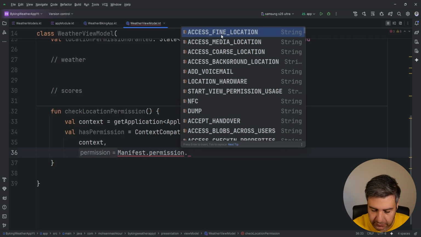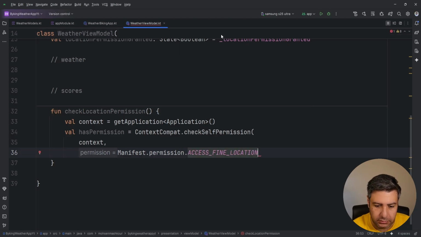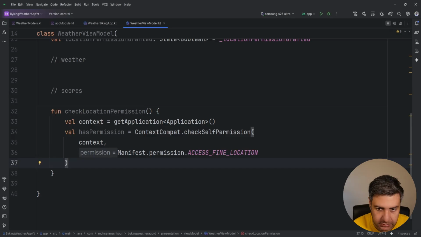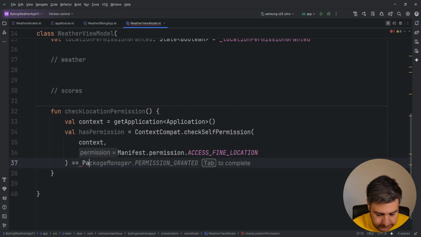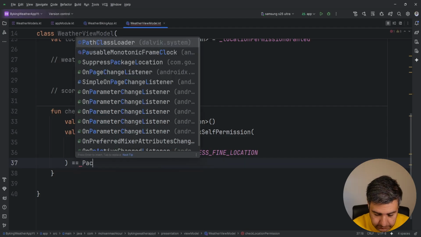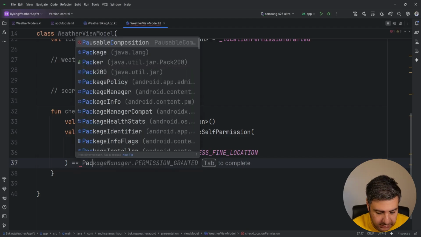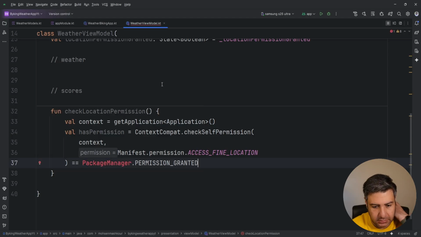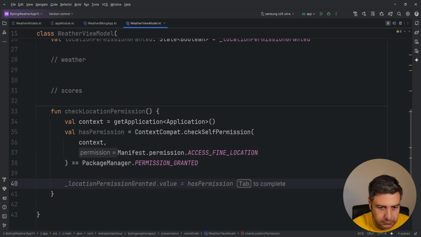So the first one, the fine location, we are going to ask for this permission and close the parentheses, equals to package manager permission granted. Importing this,